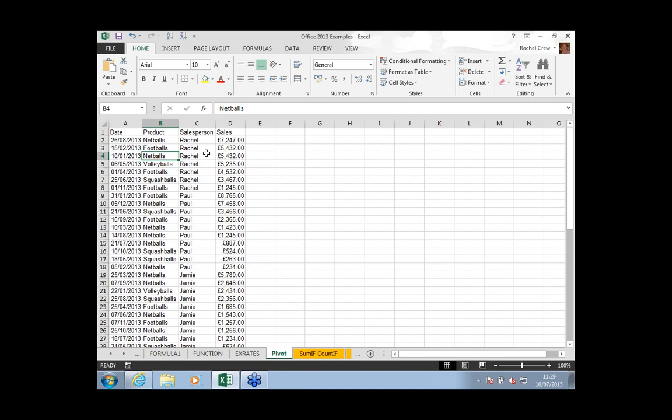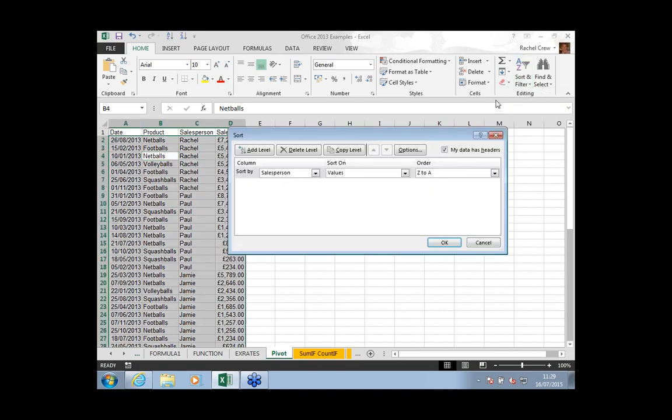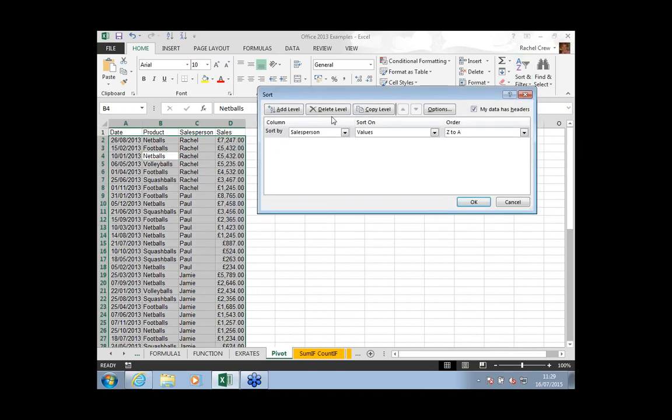Now what I might want to do is actually sort by more than one column at the same time, which is when I can use custom sort. So if I go over to sort and filter on the right, and I have custom sort, and in here I might want to sort first of all by the